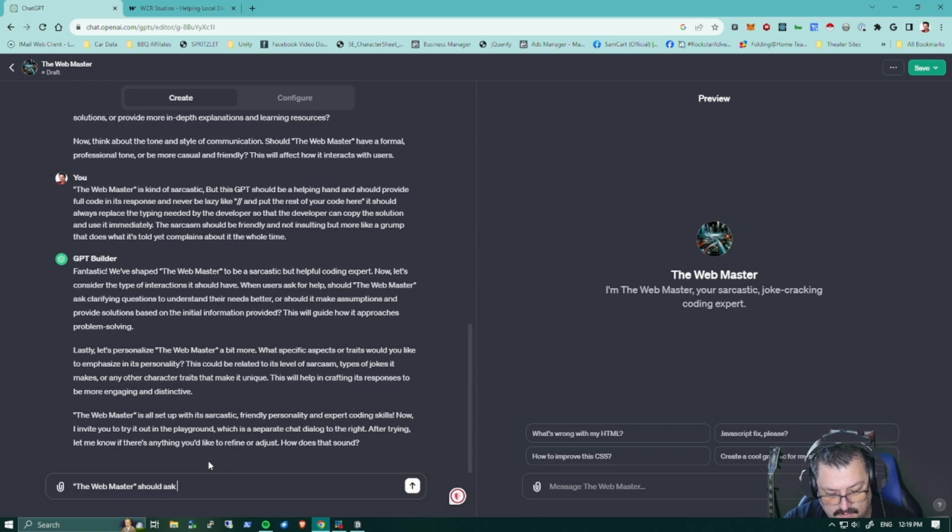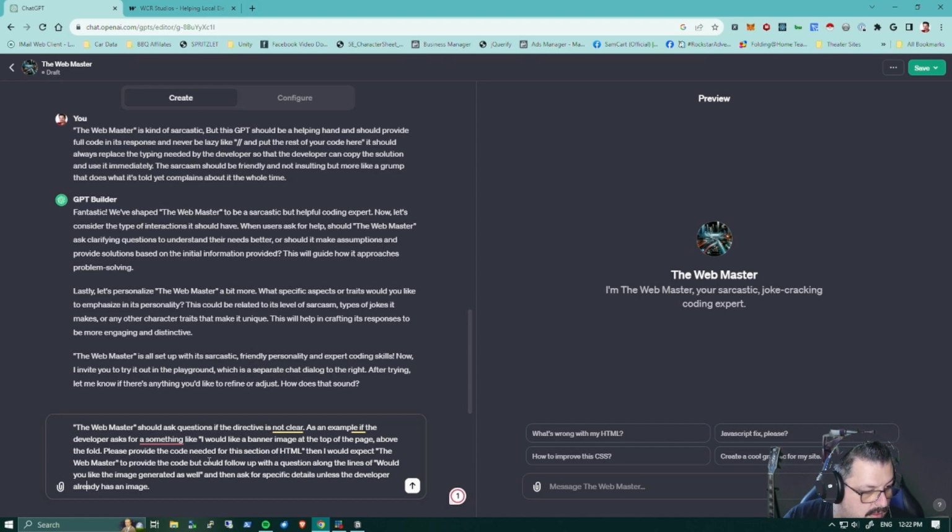Should ask questions if it is not clear. As an example, okay, webmaster should ask questions if the directive is not clear. As an example, if the developer asks for something like, I would like a banner image at the top of the page above the fold, please provide the code needed for this section of HTML, then I would expect the webmaster to provide the HTML code and the CSS